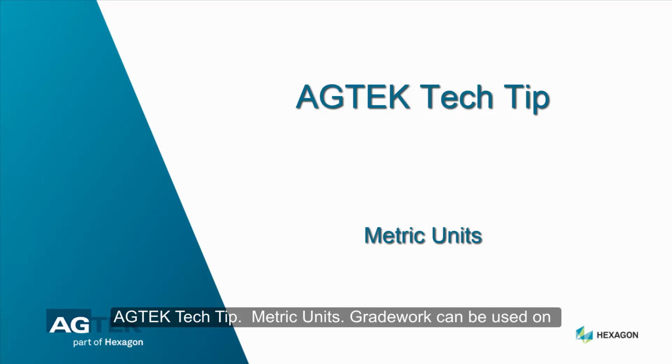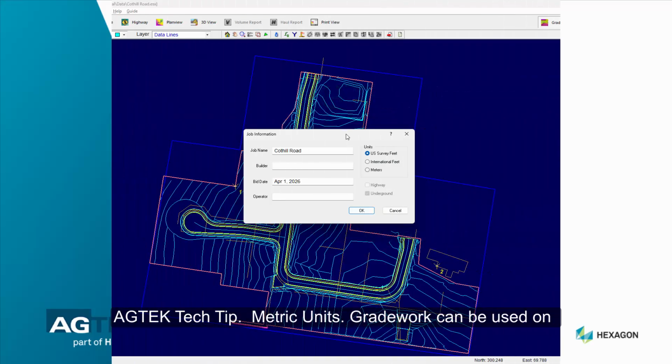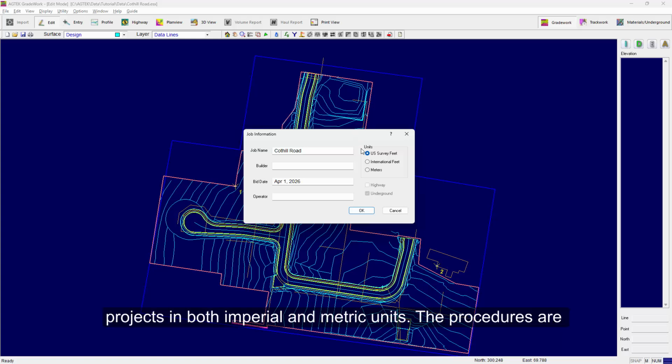AgTech Tech Tip: Metric units. Gradework can be used on projects in both imperial and metric units. The procedures are basically the same. However, there are some small differences when it comes to scaling the plan sheets and entering depths of stripping and